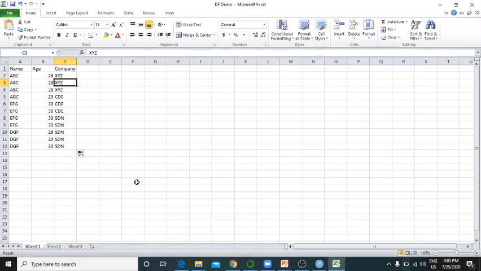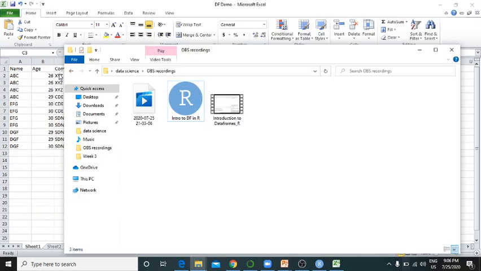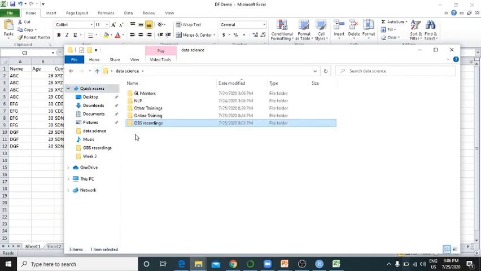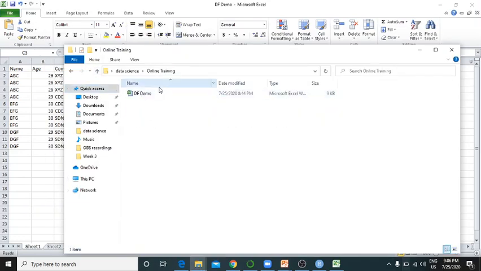The Excel structure that we discussed is in a different directory, and this is the directory where we have our demo data frame stored.